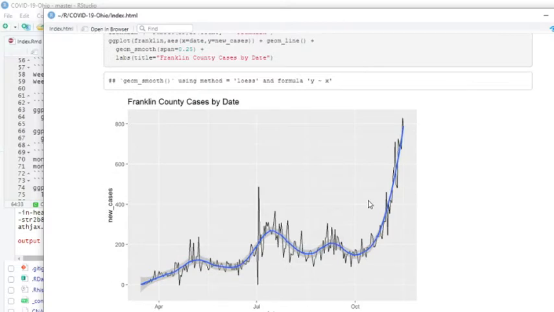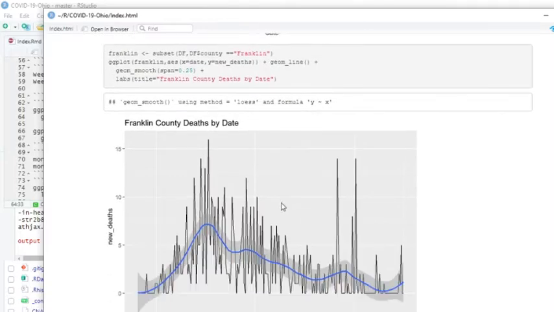Now, if we take a look at Franklin County, where the state capital, Columbus, is located, you can see this. It's pretty much actually following the national trend with the 2 spikes. Now, a long climb up here above 800 for a single day. If you look down here, Franklin County actually had a very long downward run here, up until here. So it remains to be seen exactly what is going to happen here. How much further this is going to be trending upwards.